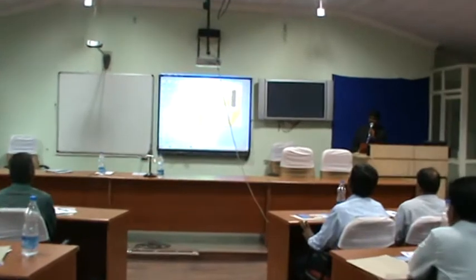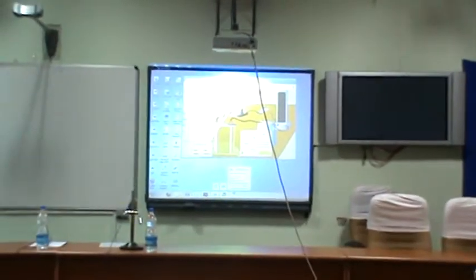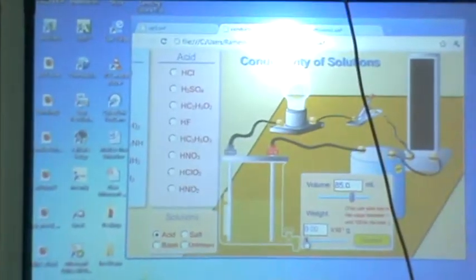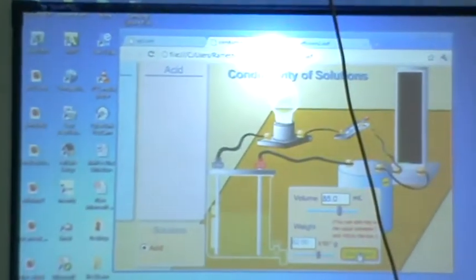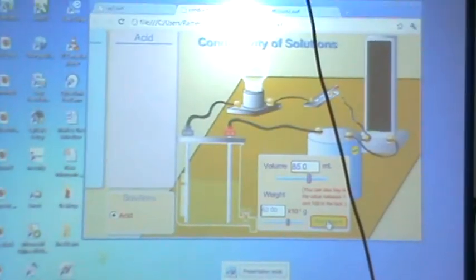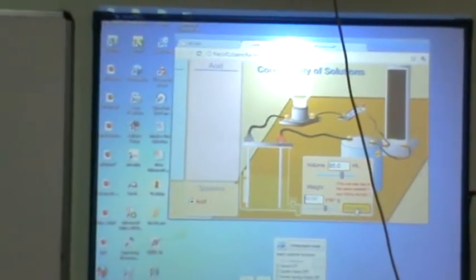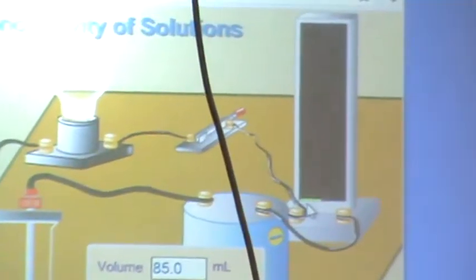So these are different types of acids. Now, take some ml of acid. This is the amount of acid that you have taken. Increase the solute weight into that and just start collecting. The moment I start collecting, the concentration of the solution is very low, which has given me a very little value of current. You can see here the amount of current carried is very less. Only one signal I have been getting.